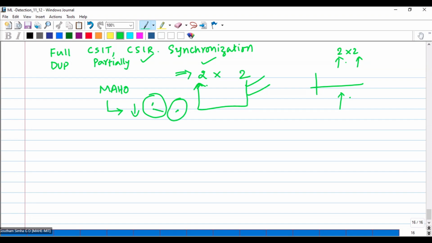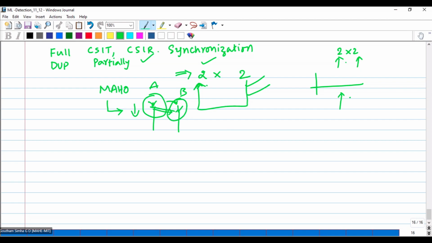Suppose your mobile is moving from part A to part B, somewhere here. While it is moving, your base station will do a mobile assisted handoff. Whenever your mobile enters this region, automatically the free available channels in the next nearest cell or base station will be transferred. You will not notice that.